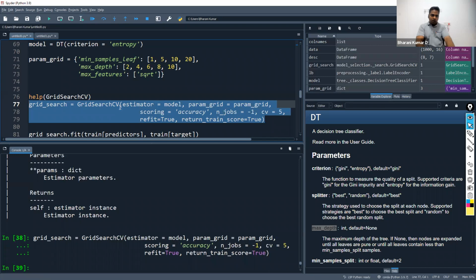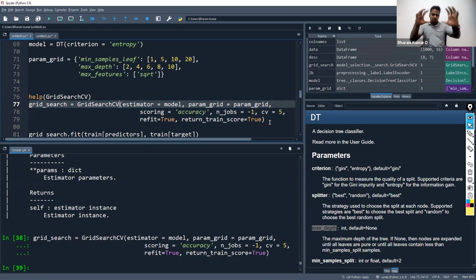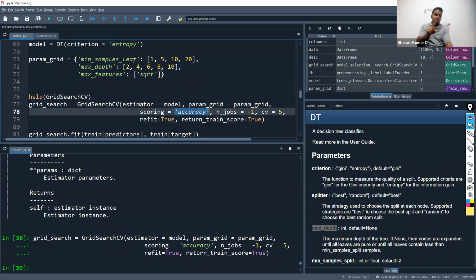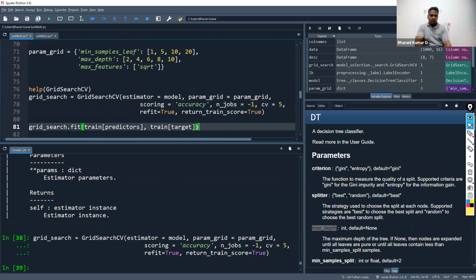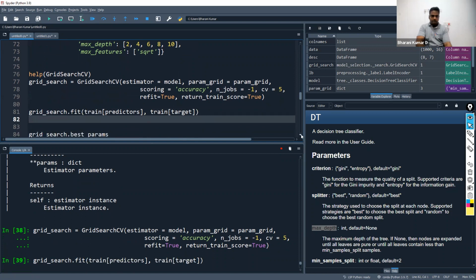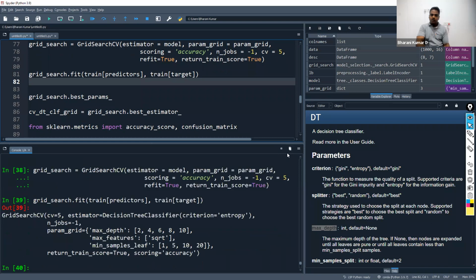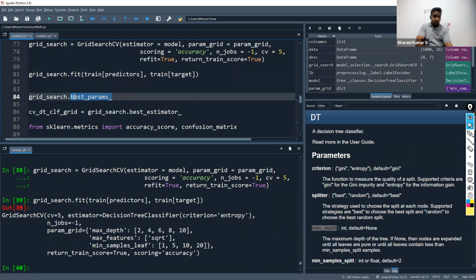So whatever hyperparameters are mentioned within these brackets, and whatever values you are mentioning, those values will be chosen for these hyperparameters. All the other hyperparameters which are not listed here will also be selected, but the default values of those will be used. Now, when you want to fit your model, obviously you need training data inputs and training data output. So you train your model. It's taking a while, the red symbol here. The reason being all these experiments should be performed. And then when you use this attribute, this is called an attribute,